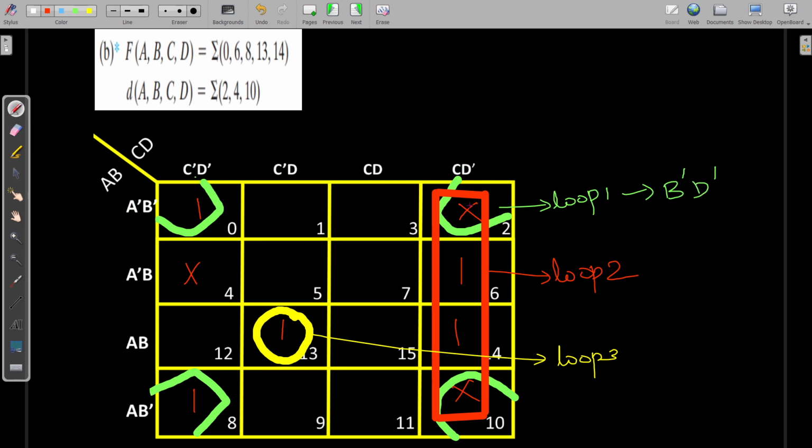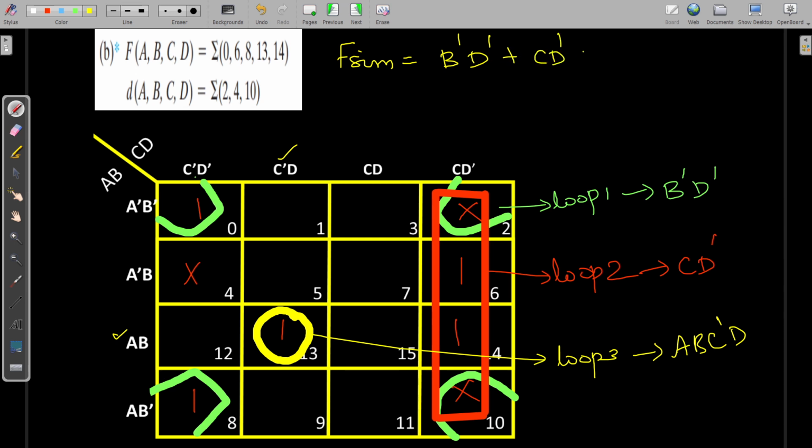Loop 2 covers this one row-wise, so it is 1 here and on this side it is cd dash. Then loop 3 is a b c dash d. So f simplified can be written as b dash d dash plus cd dash plus a b c dash d,